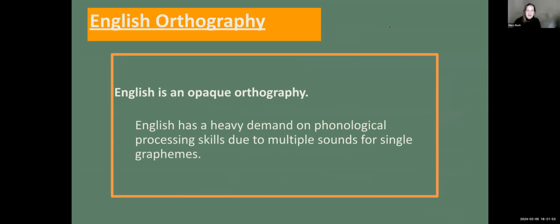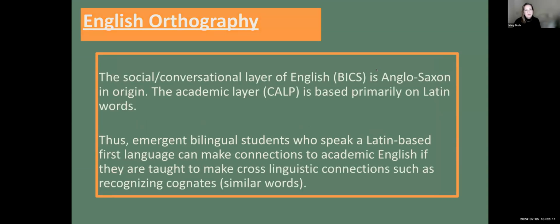So those are things to take into consideration when you're considering an evaluation for a student. Since English is an opaque orthography, it has a really heavy demand on phonological processing skills, and that's due to those multiple sounds that are represented by single graphemes. One fun fact that I always like to point out to people is that since English has